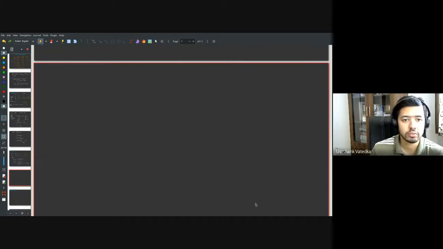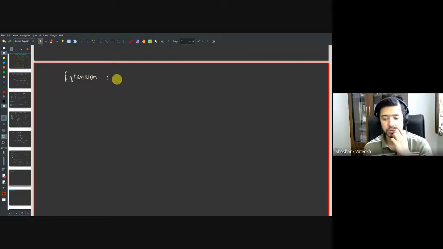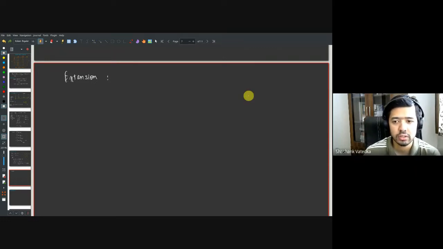We already have an encoding function for single letters. Now we want an encoding function for multiple letters, and that is what the extension lets us do. If I have x of 1, x of 2, up to x of n, if I have n symbols,